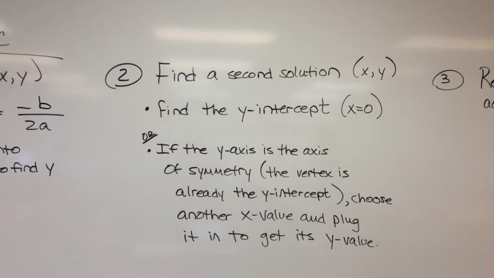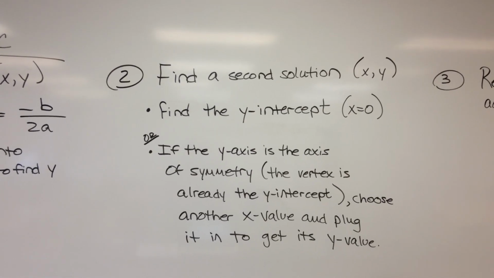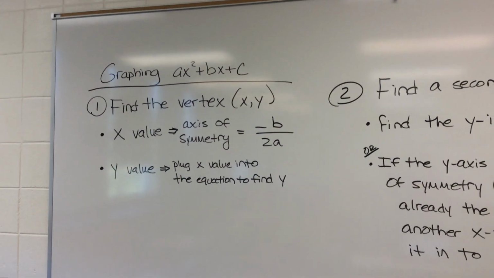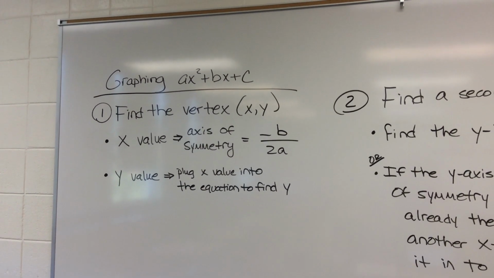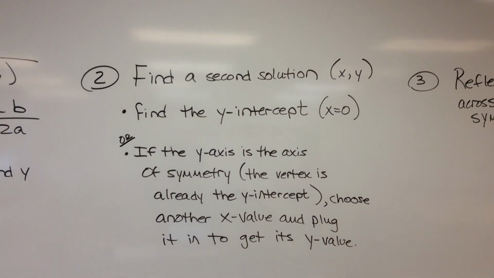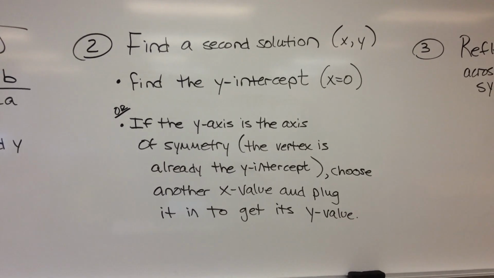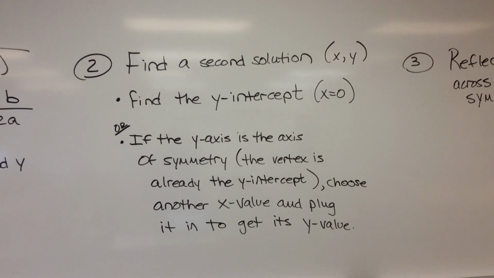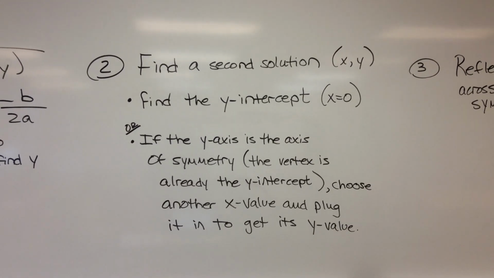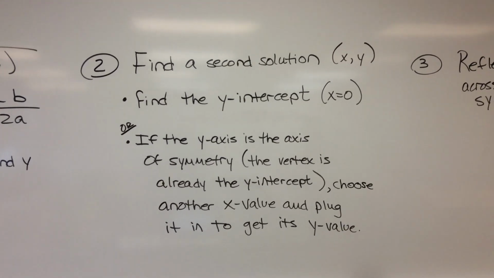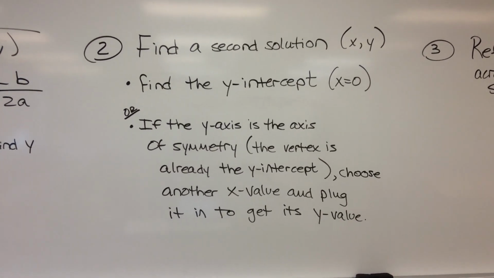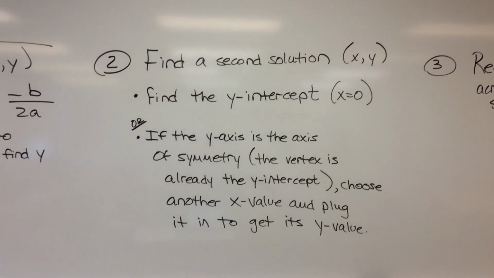Now, if the y-axis is already the axis of symmetry, in other words, if the vertex that we just calculated in step 1 is already where x equals 0, then we're going to need to find a different x value. We're going to choose another x value either to the right or to the left of the y-axis, whatever we want, positive 2, negative 4, whatever it is. We're going to plug that into our quadratic equation to get its y value,